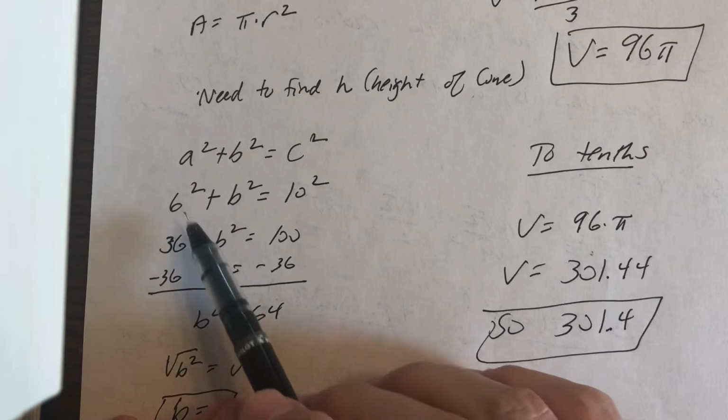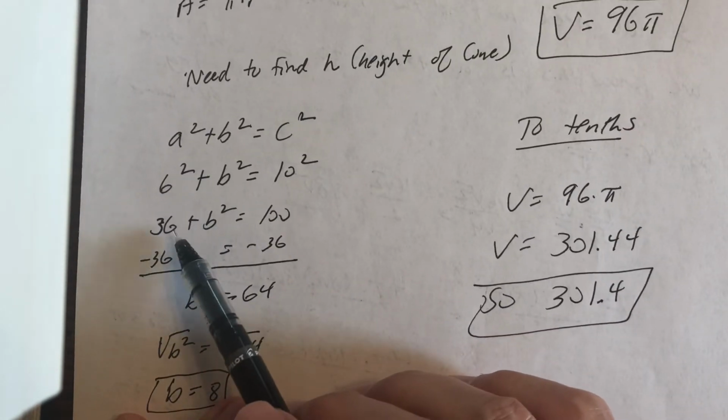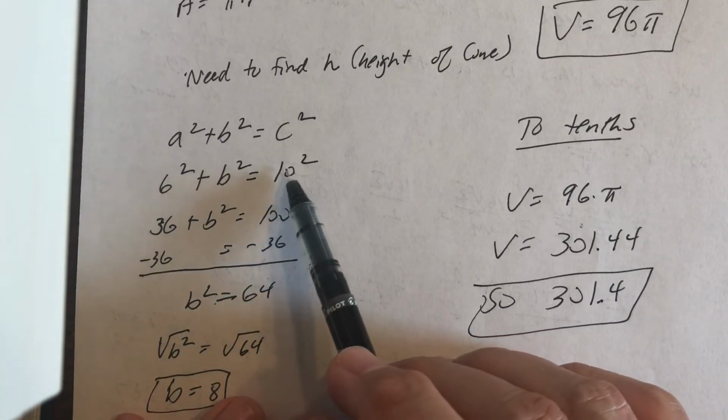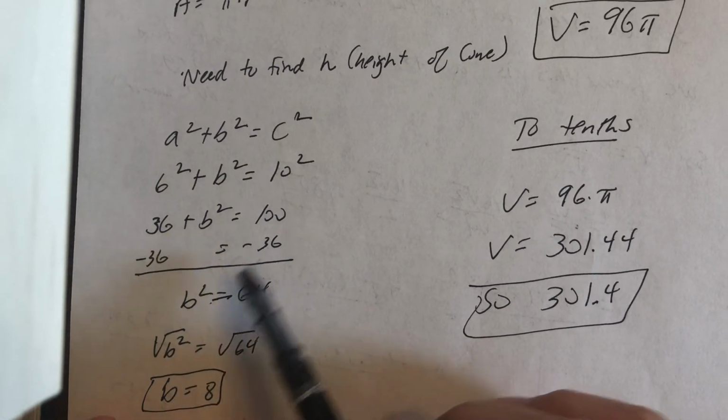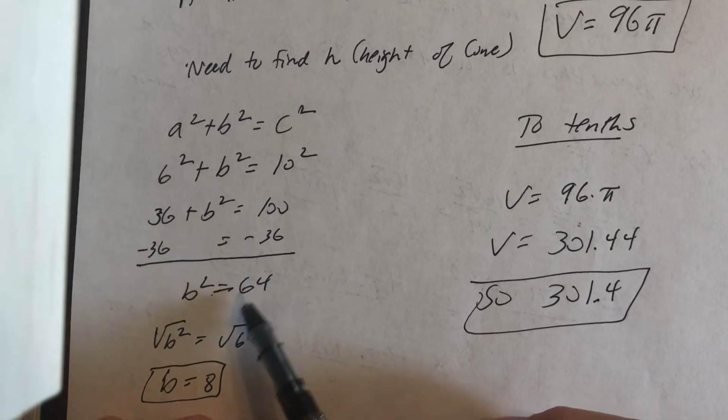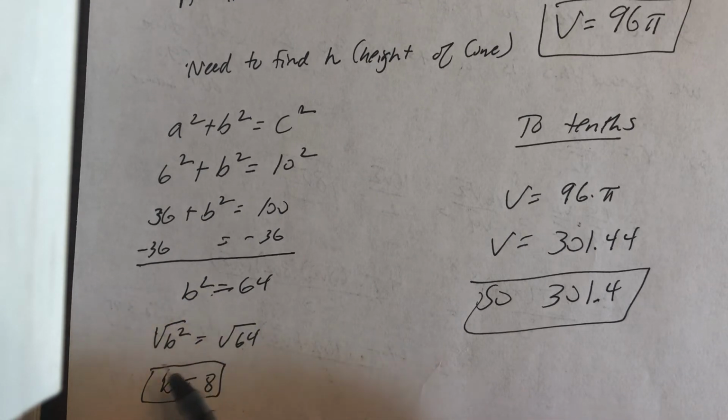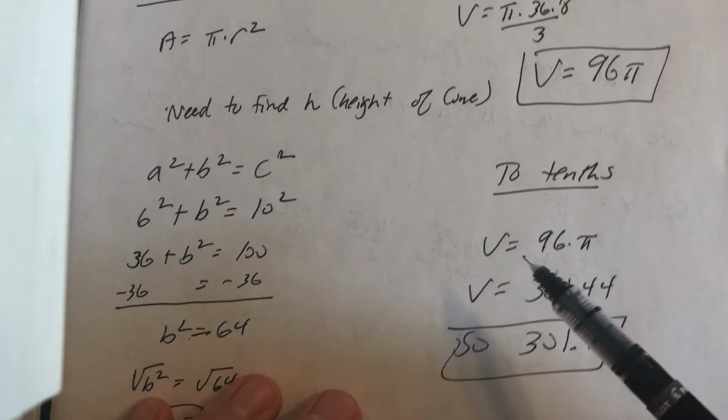So now you just evaluate this. 6 squared means 6 times 6, which is 36, plus b squared equals 10 times 10, which is 100. Isolate the b, so I went minus 36 to both sides, so b squared is 64. Square root of both sides, so square root of b squared is b, square root of 64 is 8. So now I've got the height is 8, so now I can go back and I can find the volume